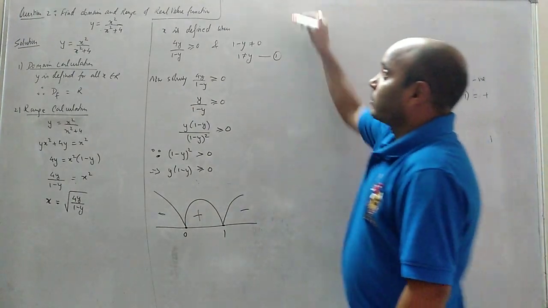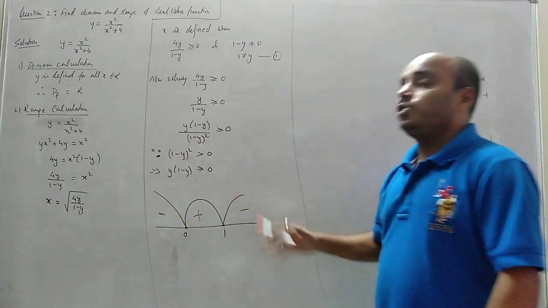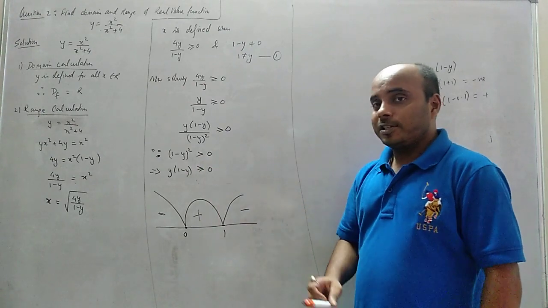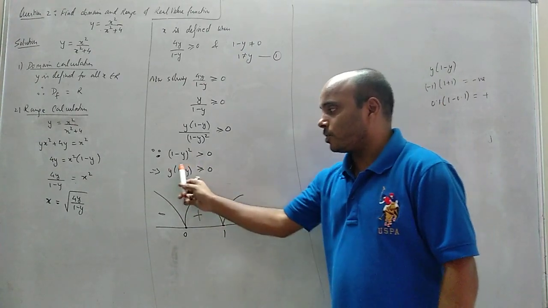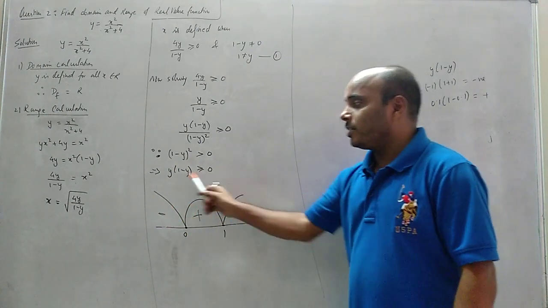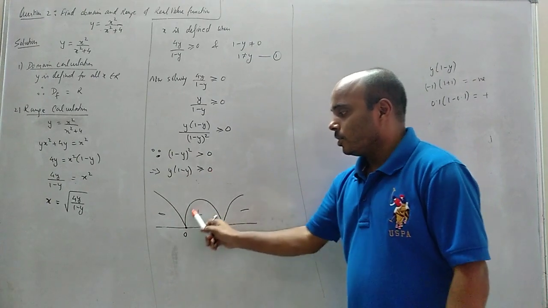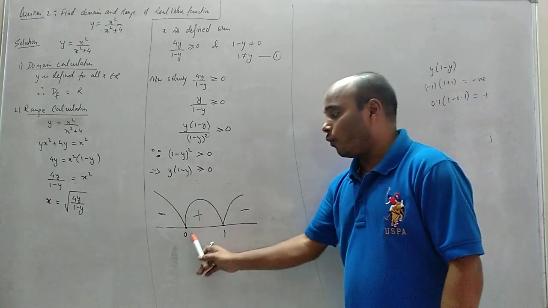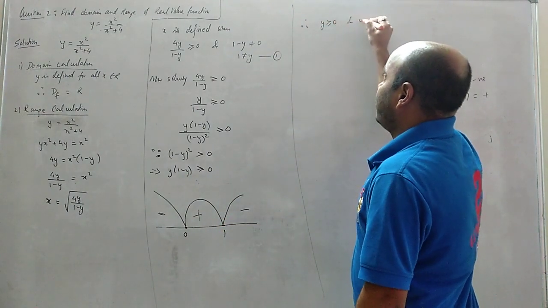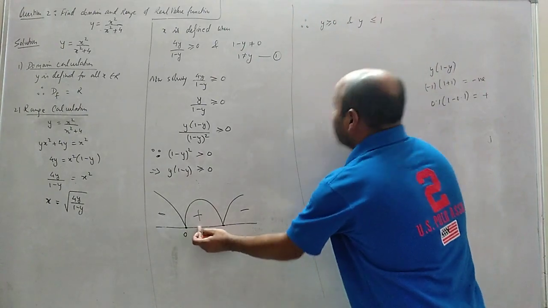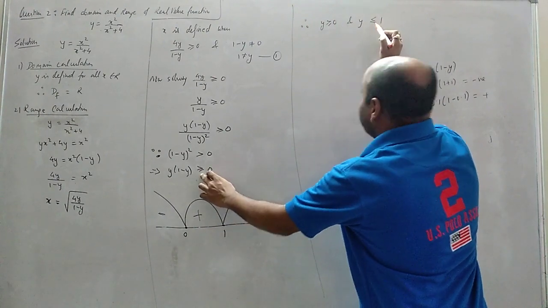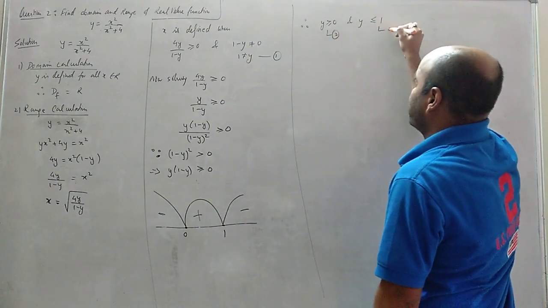Okay. Now, out of these three regions, which region are we interested in? It is greater than or equal to 0. That is positive, we are interested in. So this term is positive in this area, negative in this area, negative in this area. We are interested in the positive region, that is this region. So this region is positive for which values of y? Greater than 0, less than 1. Therefore, y is greater than or equal to 0 and y is less than or equal to 1. Greater than or equal to 0, because y equals 0 here. Less than or equal to 1, because y equals 1. So this is equation number 2, this is equation number 3.